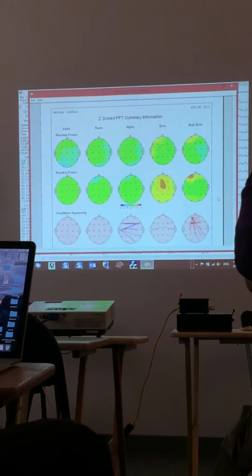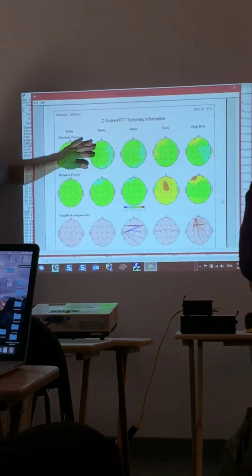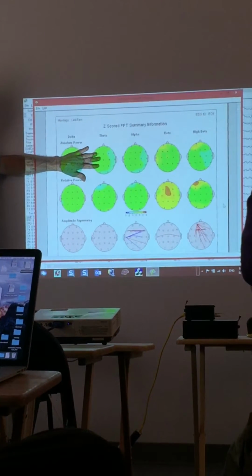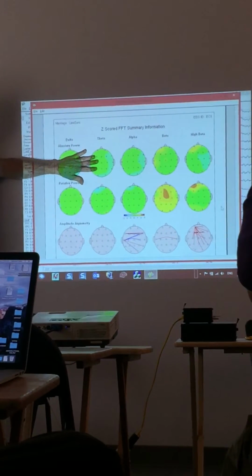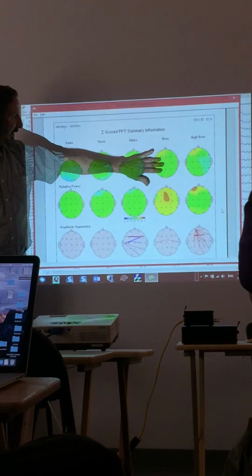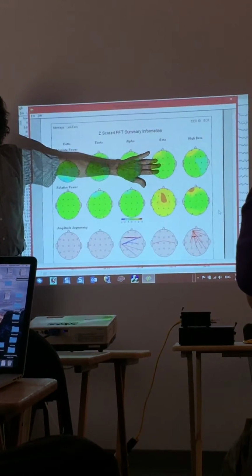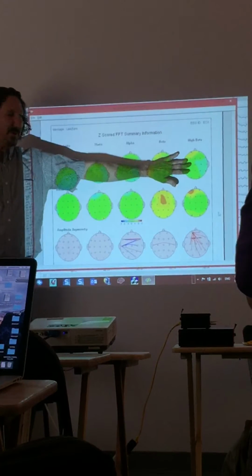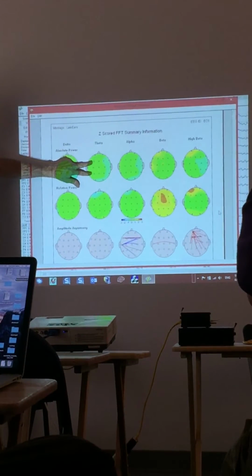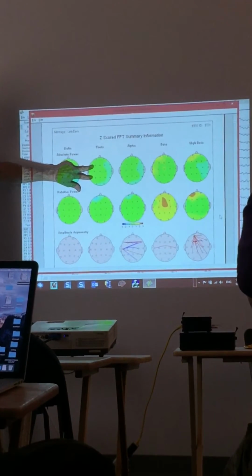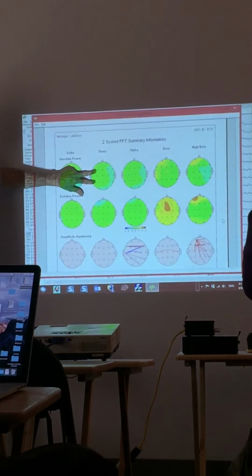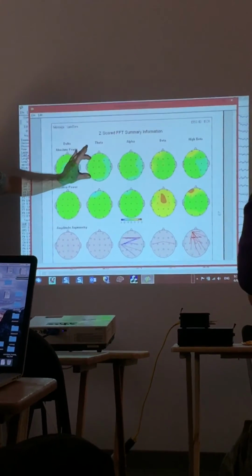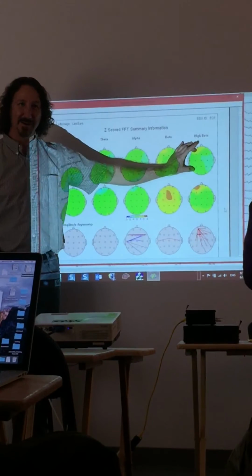What the brain will do, if let's say this left frontal lobe is damaged, is it will start to create left frontal beta and left frontal high beta to compensate for the slowing. So that's sometimes what we see: this could be bright red and then this could be bright red.